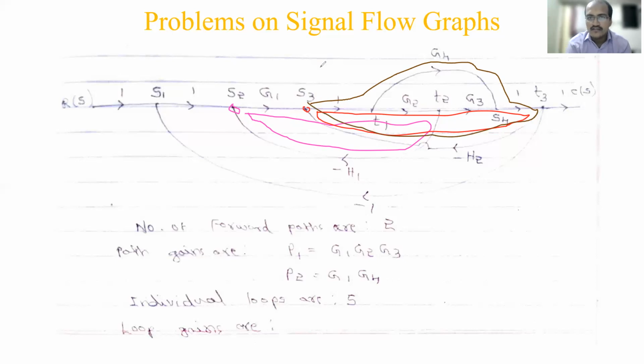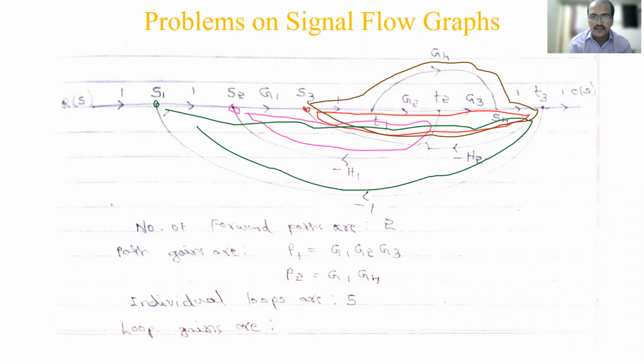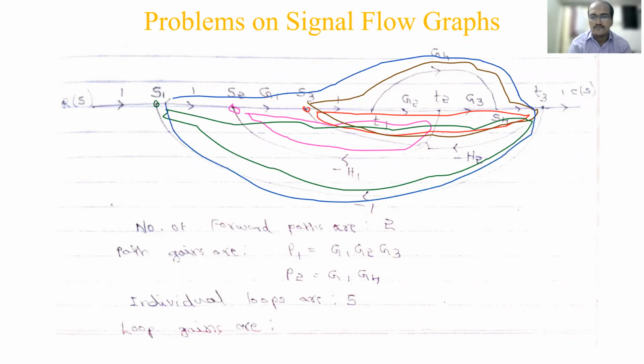And then in the same way, the fourth loop, starting from S1, going till T3. I'm showing like this, T3, and coming in this -1 path and coming over here. So what about the final path? You can tell now. That is the upper forward path, starting from S1, going through G4, coming to T3, and then coming back to the same S1. Hope it is understood how to identify the loops.